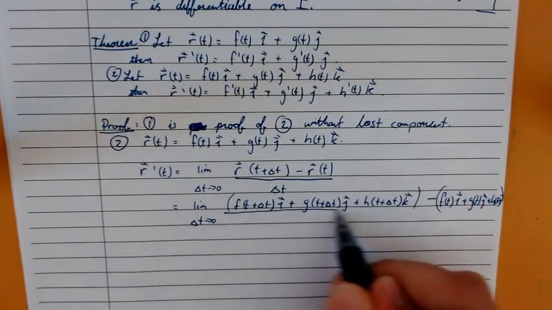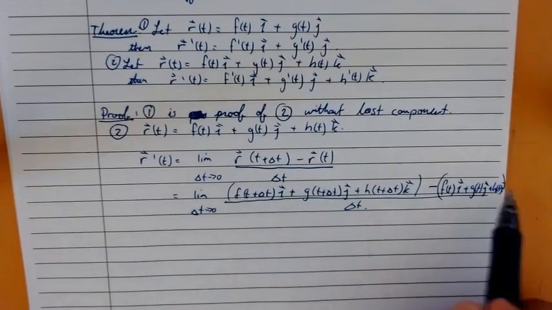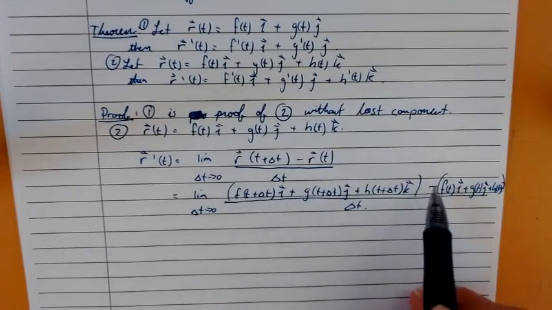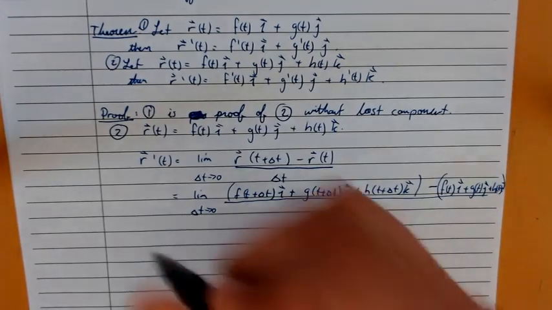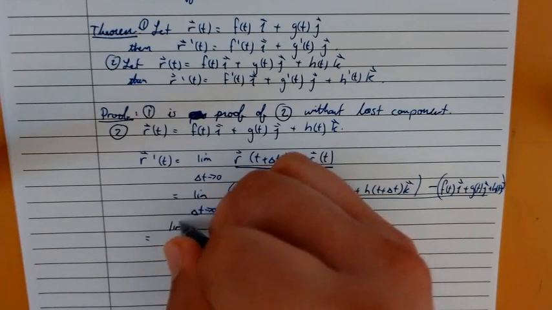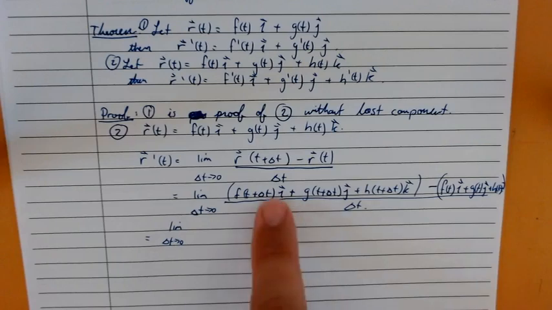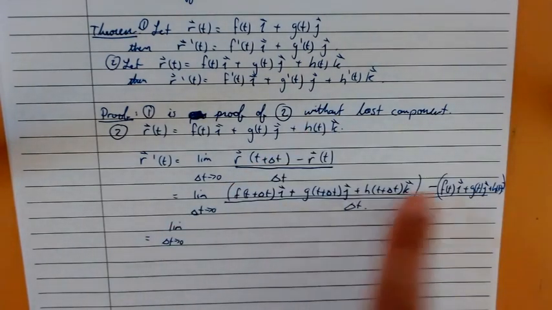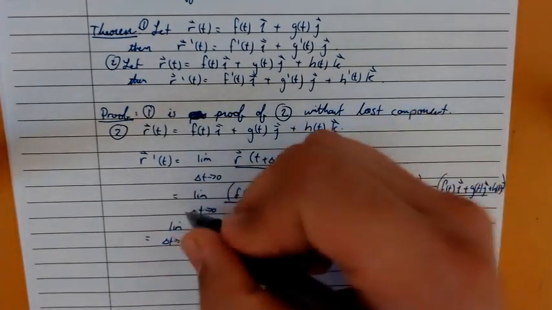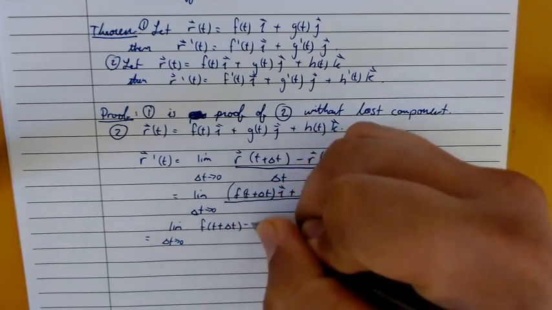And all of that is over delta t. Oh, but here I can always recombine things. After all, this is just the sum and difference of terms. As long as I keep the correct sign, I can rearrange things here. So I can write this as the limit as delta t approaches 0 of, let me put my f of t's together. Notice these are like terms. You have something i minus something i. So here you can write this as f of t plus delta t minus f of t